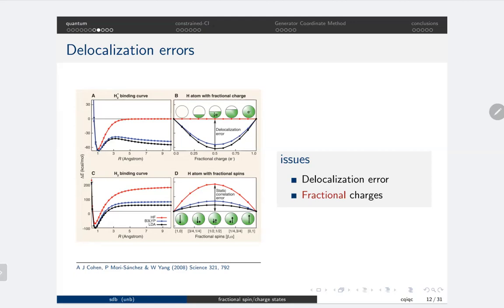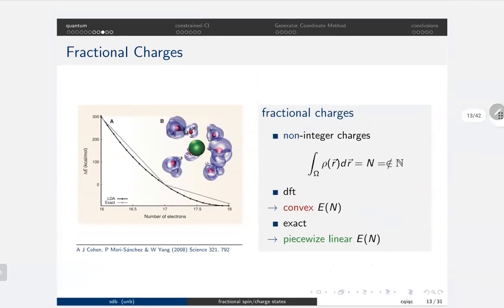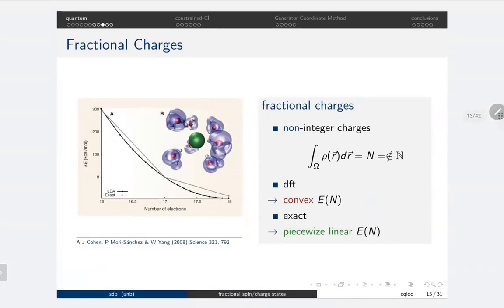Similar things can happen when you do the full problem. So you do the H2 binding curve, the full dissociation with the 2 electrons associated with it. Similar things happen, but then not only with the charge, but also the spin gives us a wrong dissociation profile. Okay, so what should it be, right? If that picture is wrong, what should it be? Well,